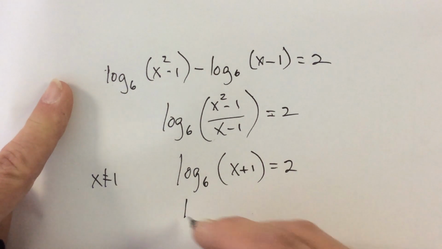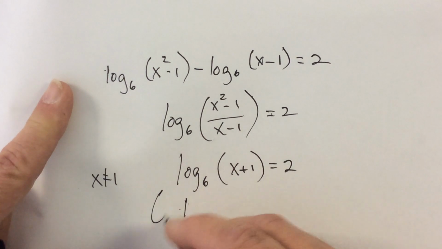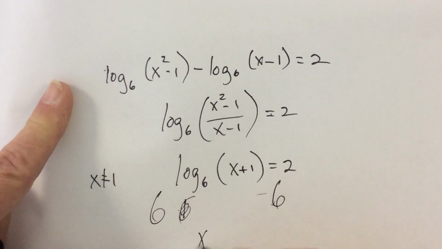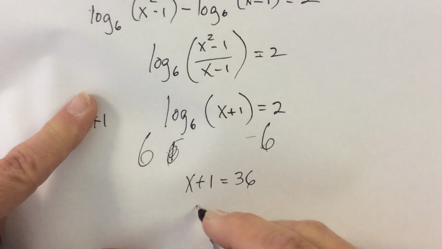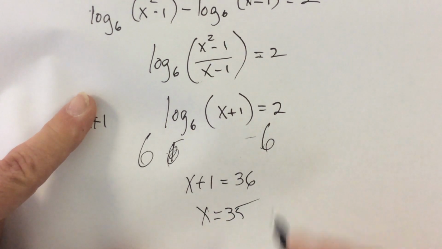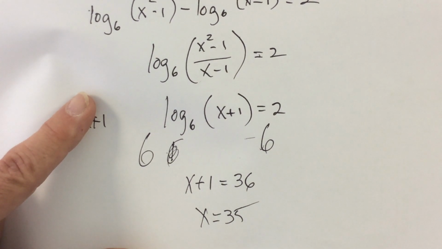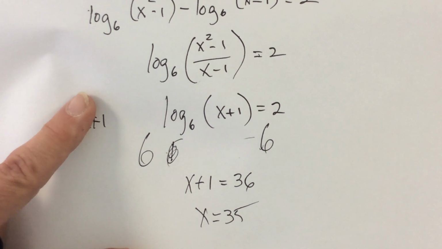So let's see what else we got. We're going to raise both of these sides as a power of 6. So that makes this x plus 1 is equal to 36, so x is equal to 35. Questions about any of that? Those were the two problems on one version of the test. The other